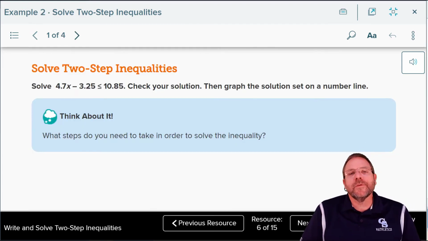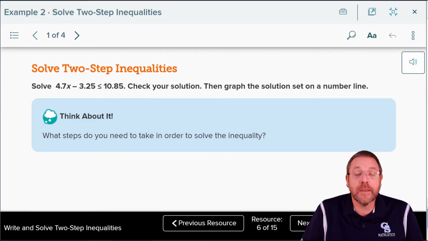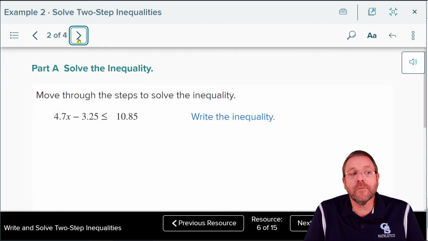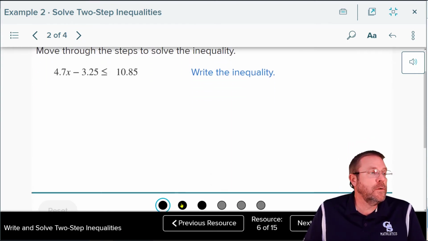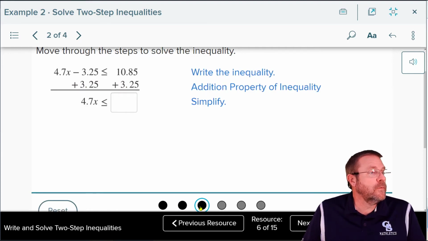Example number 2 involves the same type of problem, only this time they're using rational numbers in the form of decimals. Other than that, it's going to work just like everything else we've done. So you're going to take the problem, you're going to write your inequality first. After you write your inequality, what are you going to do? You're going to undo addition and subtraction. Where they had minus 3.2500, we're adding 3.2500 to both sides. Those on the left zeroed each other out right here, leaving 4.7x, which you see came down here. The less than or equal to sign came straight down, and on this side we're going to add it up. That's going to give me